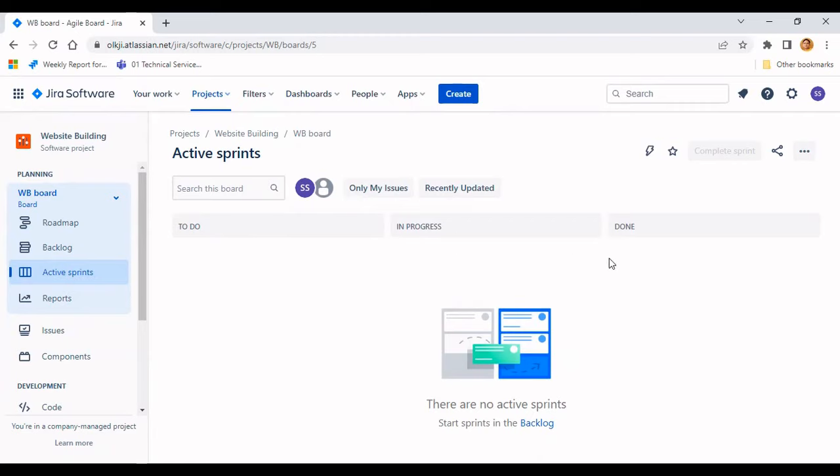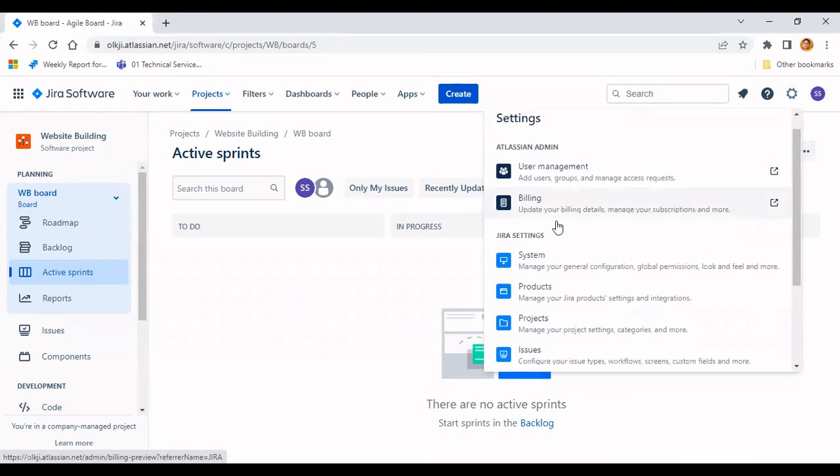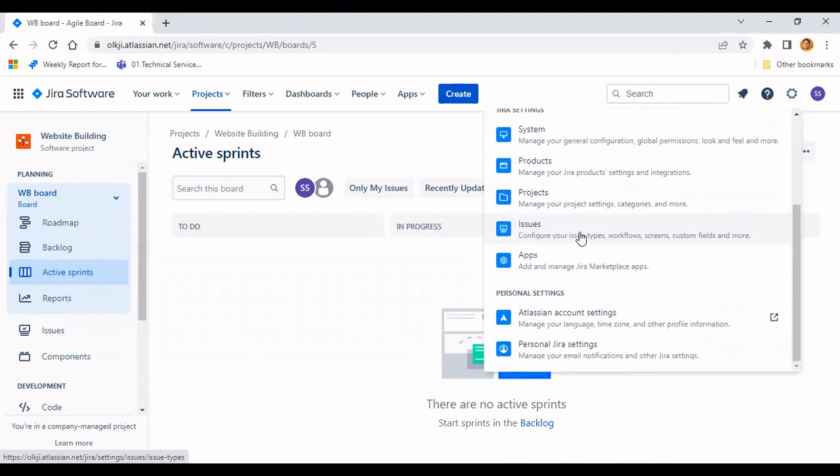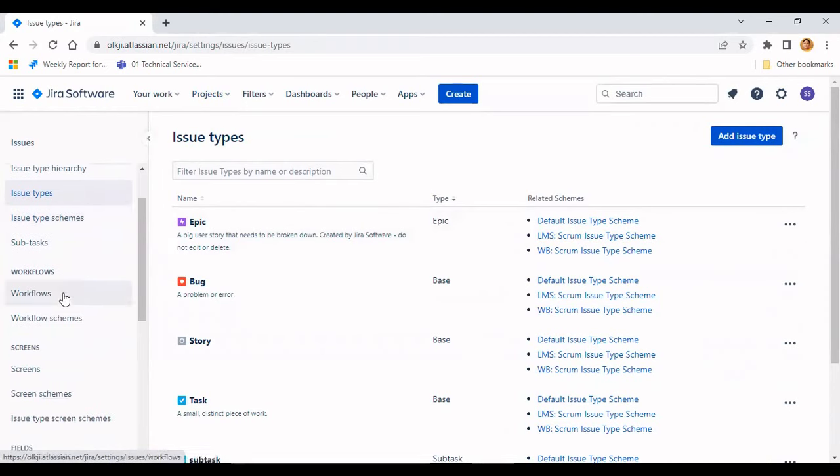But if you remember, in the given example, we have different states. We have scope request, draft, review, publish, and different transitions, right? So we will create those. And after that, you will not see all these default statuses, right? So now what we have to do, just click over here in settings, and you will see something like issues. Just click on issues, go a little bit down. You can see workflows. Click on workflows.